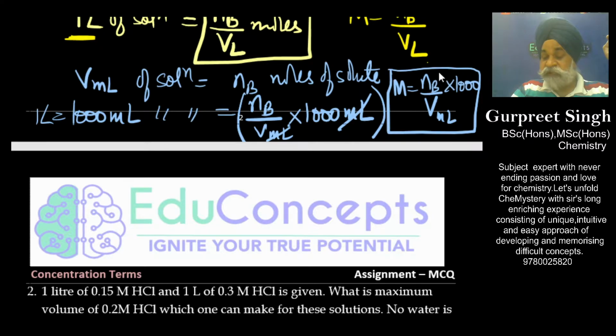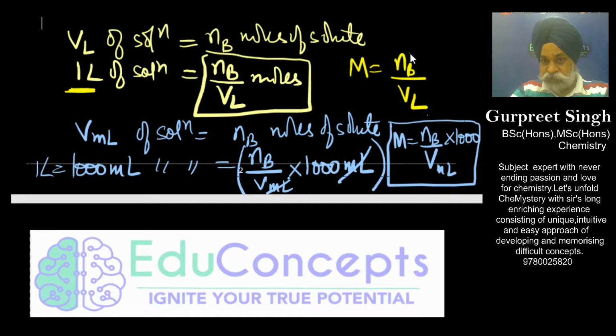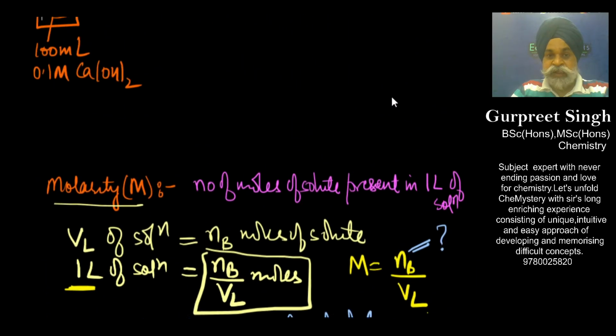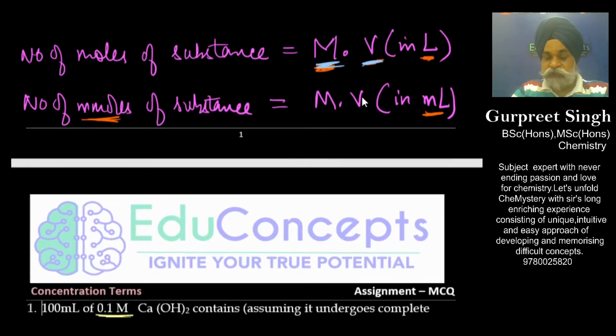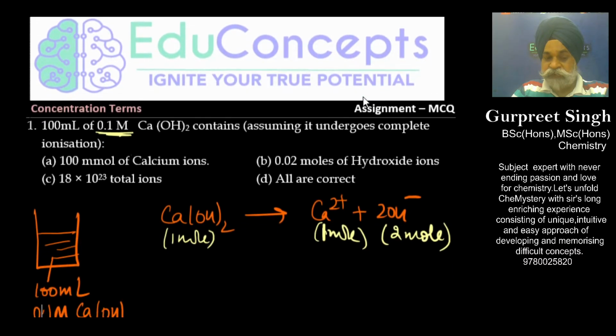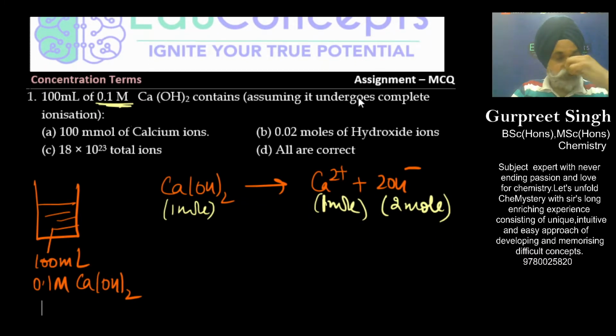And number of moles we have already defined in the previous slide. So now if you are being given the molarity, that is what the problem is. Number of moles can be found by multiplying molarity with volume. This is what I have written in the previous slide. So simply you have to remember what is molarity. Molarity simply would mean that 1 liter of solution contains how many moles. The number of moles present in 1 liter of solution is its molarity.